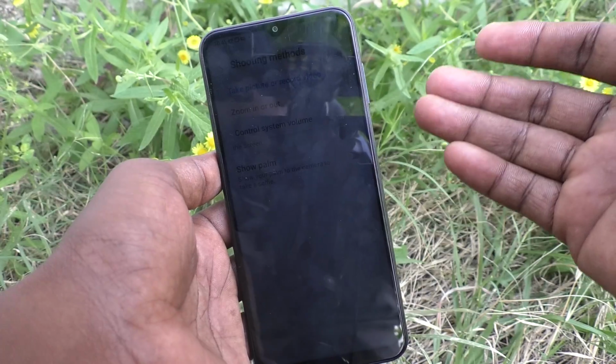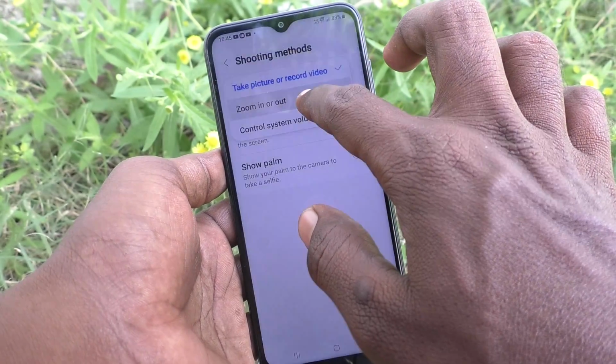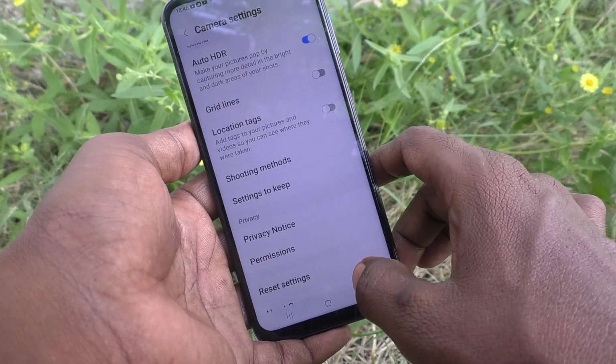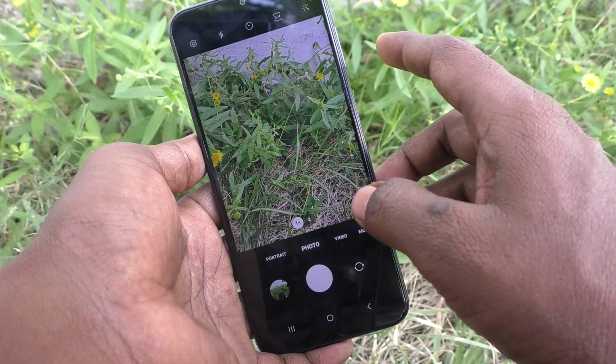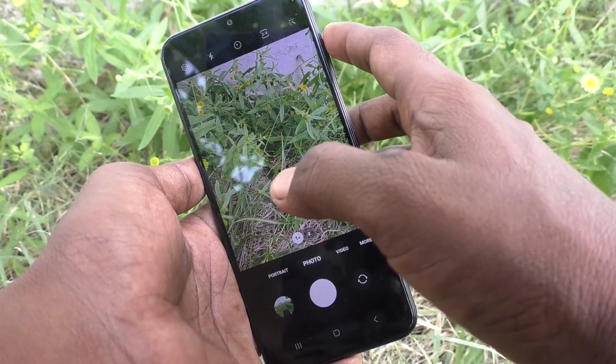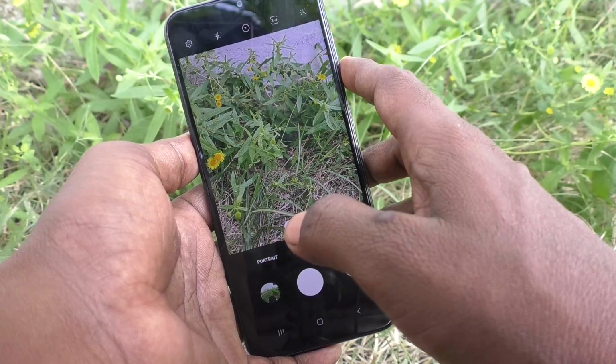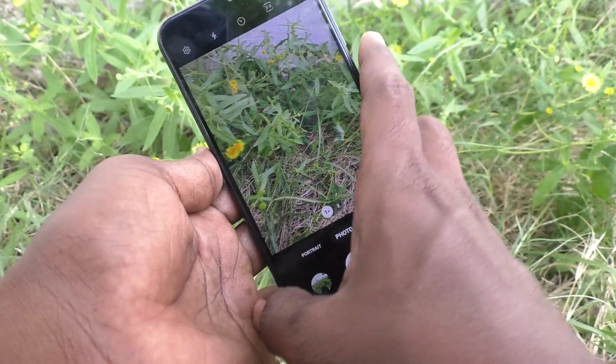If you would like to use zoom in and out, click on second one, zoom in and out. Then hereafter if you use volume up button or volume down button, it will act for zooming purpose. Okay, see here,